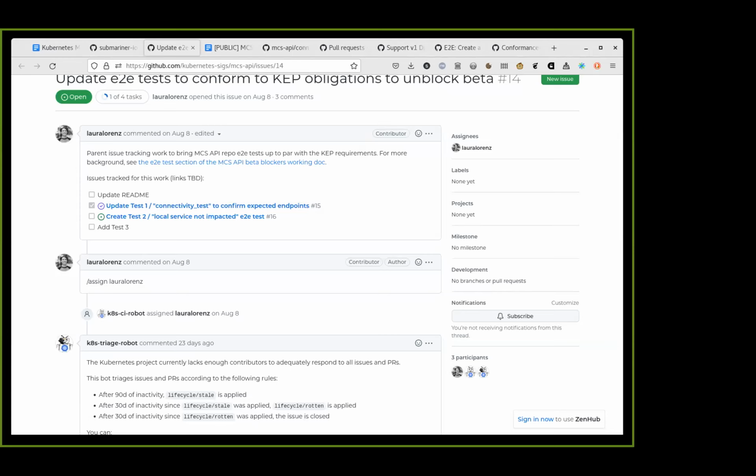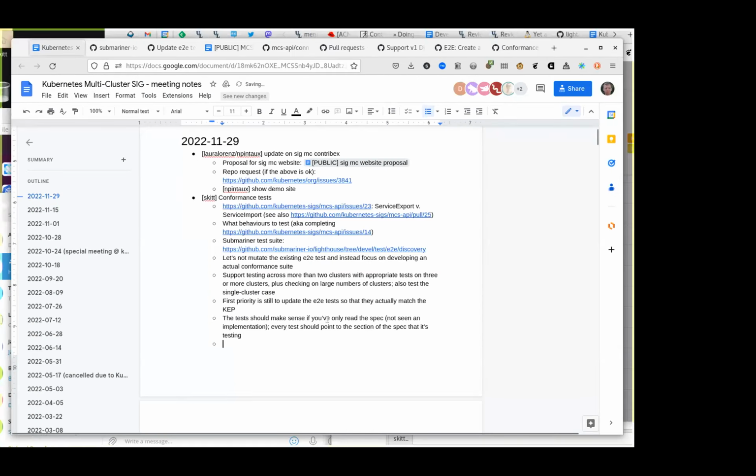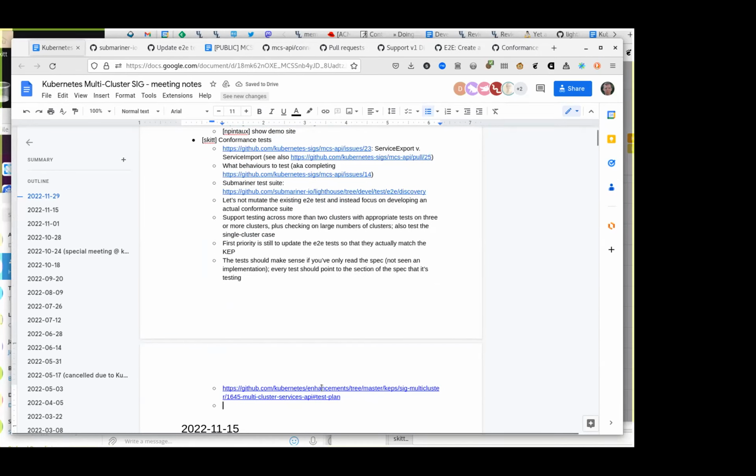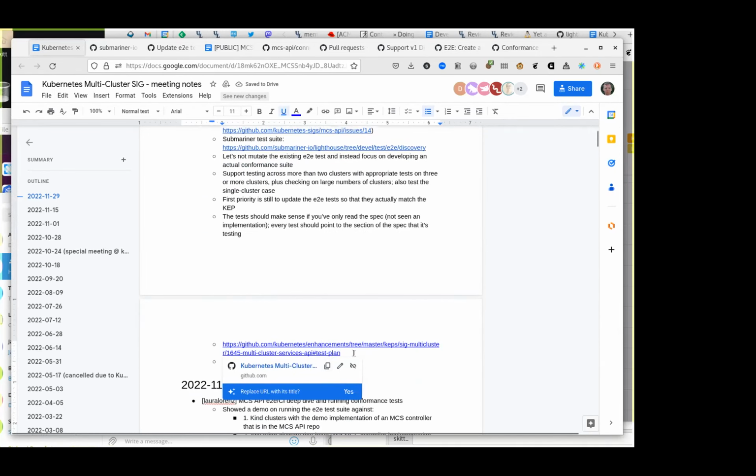They are certainly more broad than something like stopping before checking if there's a cluster IP. It's not that detailed. I will drop this in the notes doc too.